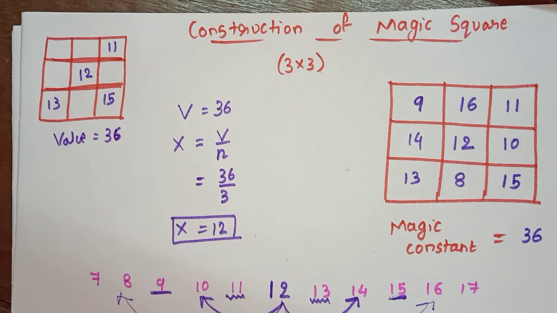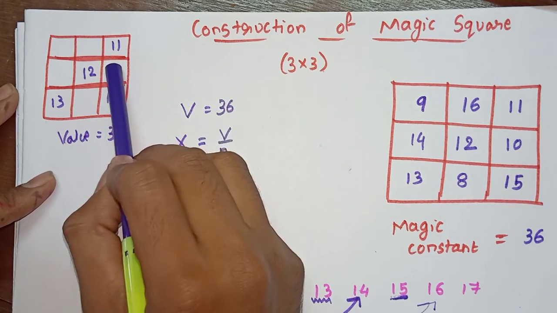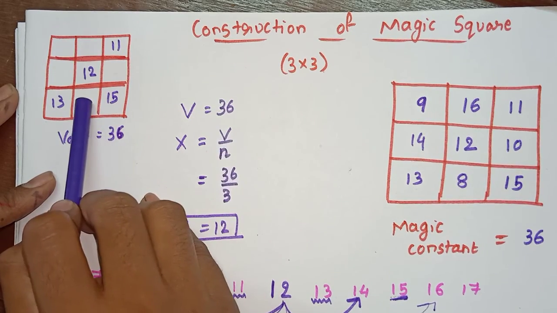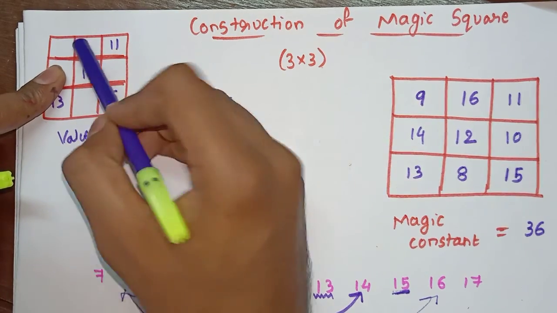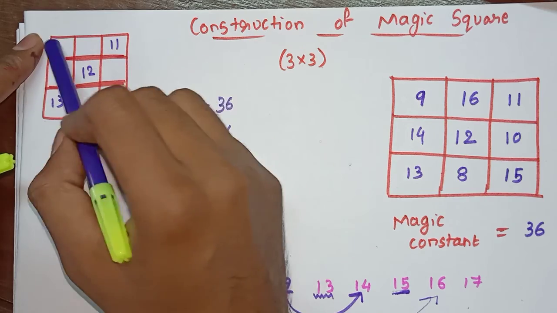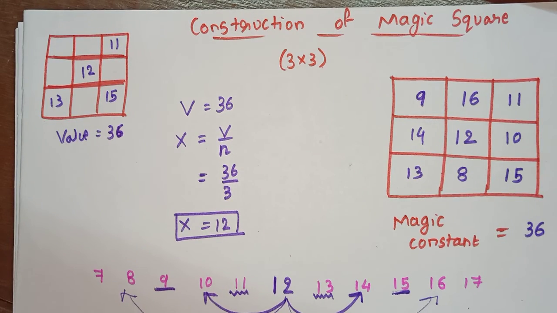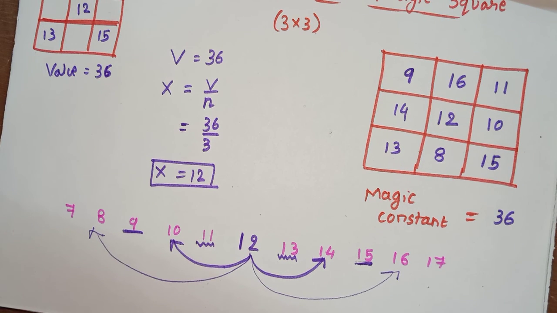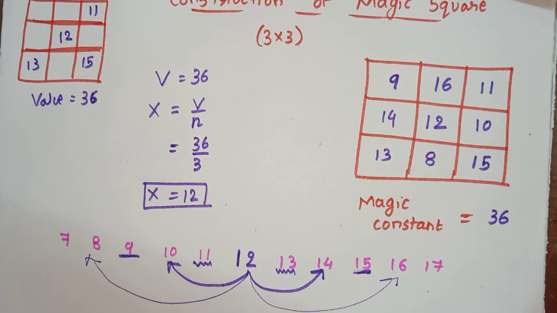How to solve this you already know. Subtract these 2 from 36, you will get this, then subtract these 2, you will get this. So 2 elements are obtained, so this can be obtained. Here also these two are obtained, so this can be obtained. And for this finally you can use any row and any column. So this is how you can construct a magic square and give it to anyone. This is just like the Sudoku given in newspapers. That is the trick here. And now we will see the construction of a 4x4 magic square.